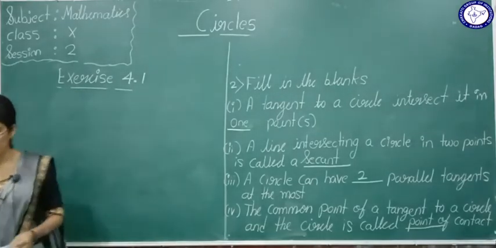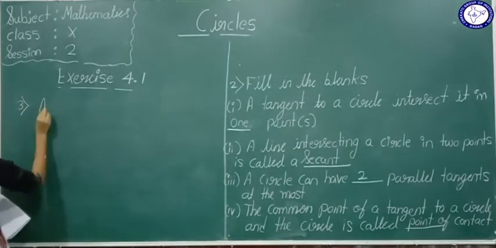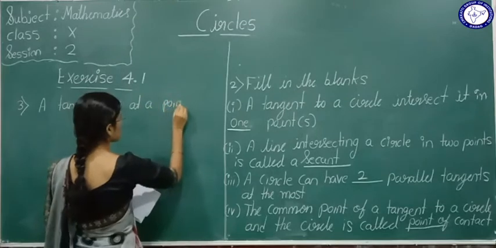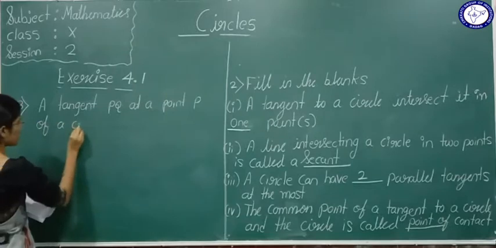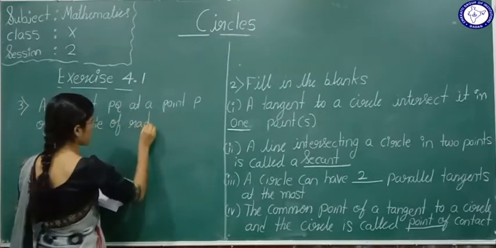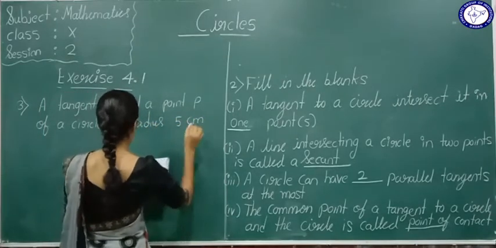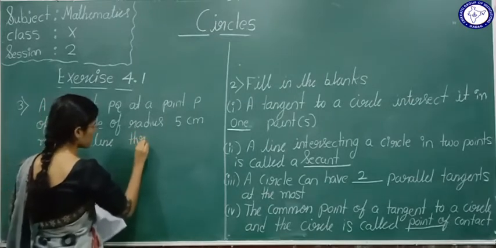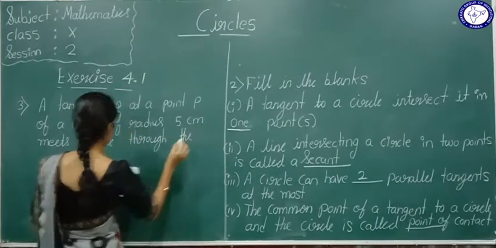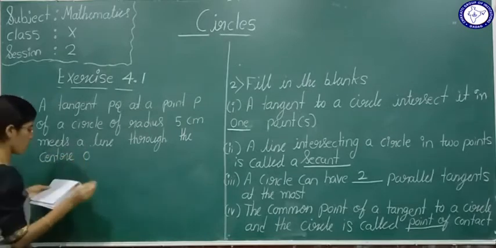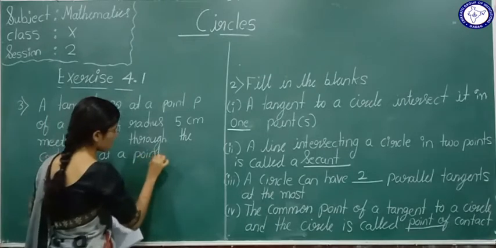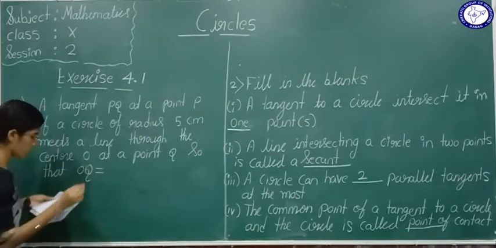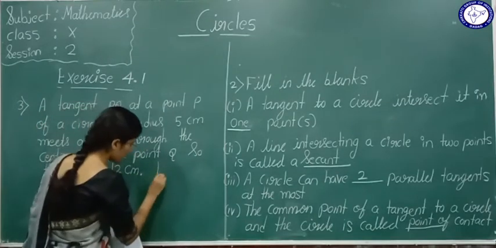Now we will go for the third question. A tangent PQ at a point P of a circle of radius 5 centimeter meets a line through the center O at a point Q so that OQ is equal to 12 centimeter. Length PQ is